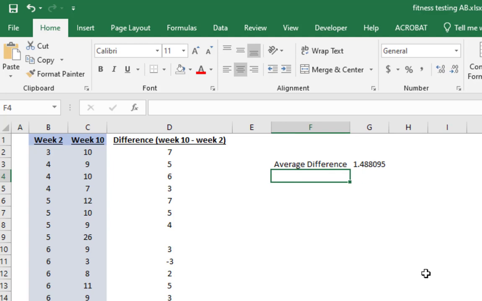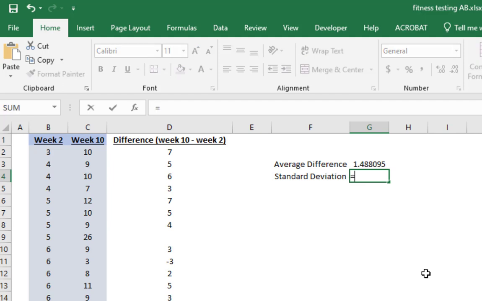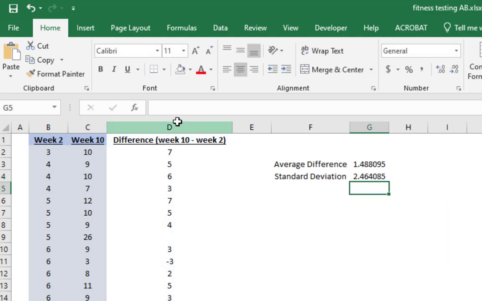Okay, and we also have to do the standard deviation. This is the plus or, my goodness, I can't spell deviation. This is the plus or minus around that average. All right, and that's about 2.5. So that's a large standard deviation for a relatively small average, which again, if you look through the data, that